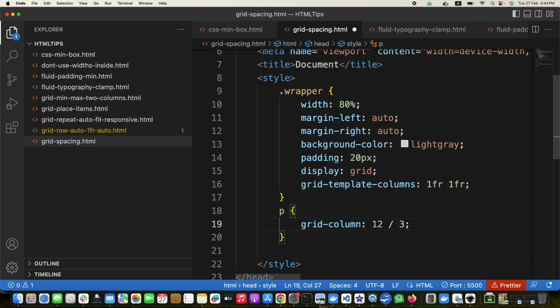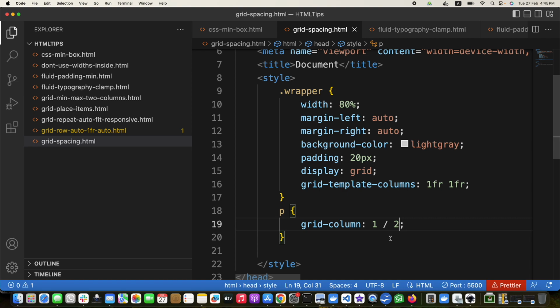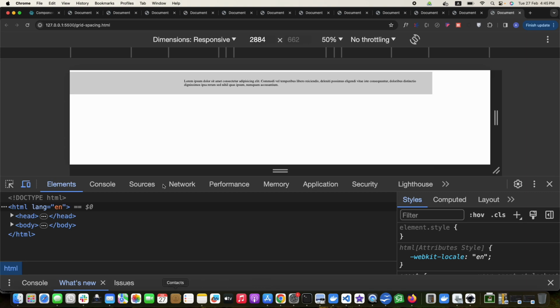If I make it 1 to 2, where will it be? Here. First place. If I make it 2 to... here it is. So, in Firefox, are we in Firefox? If I move it to Firefox,